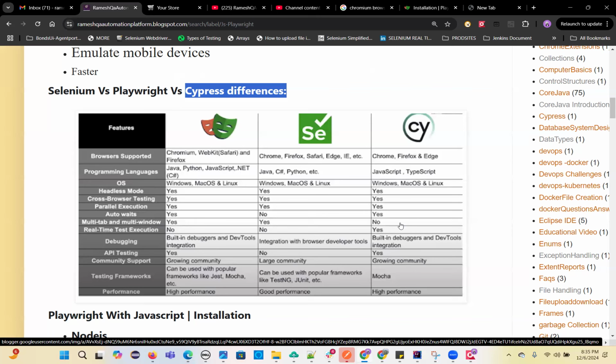It won't switch. So that's a bigger drawback here. They have to overcome this issue. And real-time execution. So that is this real-time test execution means